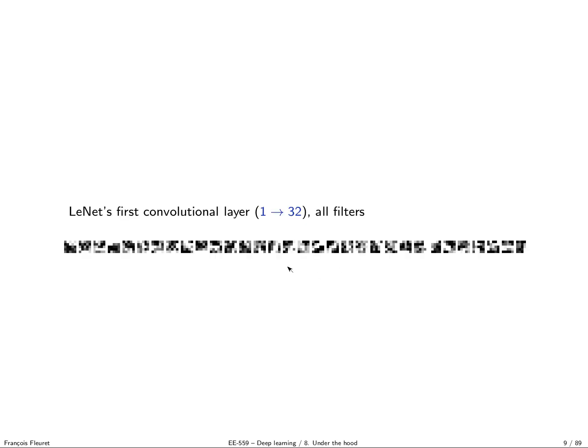So if we train a LeNet on MNIST and we look at all the 32 filters, so here it's a LeNet with 32 channels in the first hidden layer, so it's 32 convolutional filters. We see that it's not so convincing. We have some filters that look a bit like oblique edge detectors, oblique edge detectors again, and ridge detectors and stuff like that, even though it's not so clear.